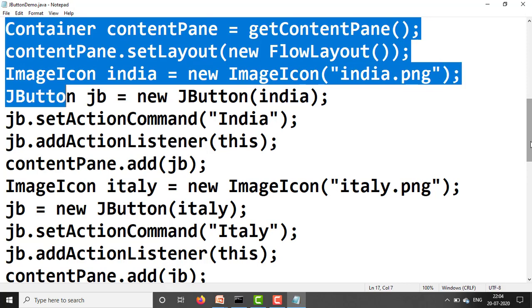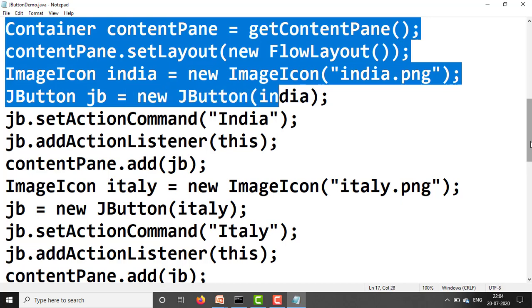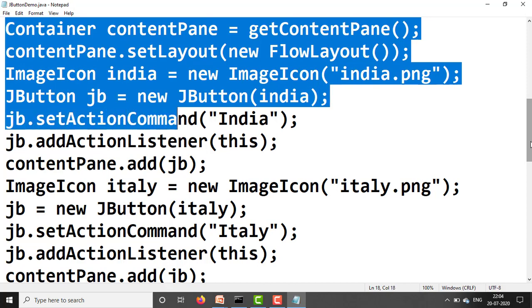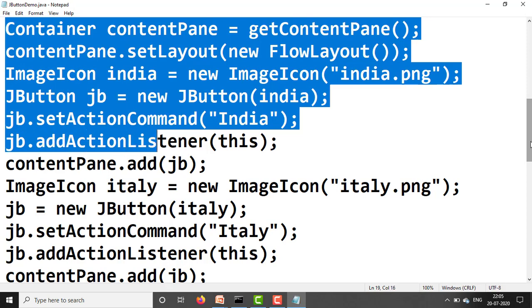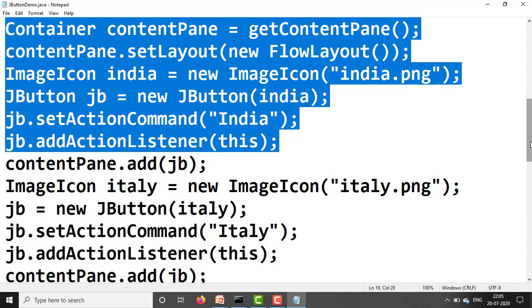Next, JButton JB equal to new JButton(india). We passed the object of ImageIcon. Next, JB.setActionCommand("India"). We set the label for this button, India. Action command we have set. Next, registration: JB.addActionListener(this).